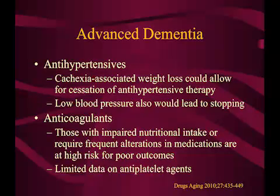Antihypertensives, if their blood pressure is low, obviously you want to back off on those. Anticoagulants, I don't want to talk too much about that right now. I have another slide talking specifically about them. But nutritional intake is vitally important. So again, if you have fluctuations in nutritional intake for drugs like warfarin, then I would argue you need to